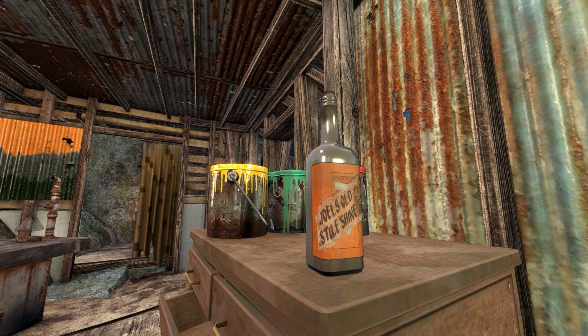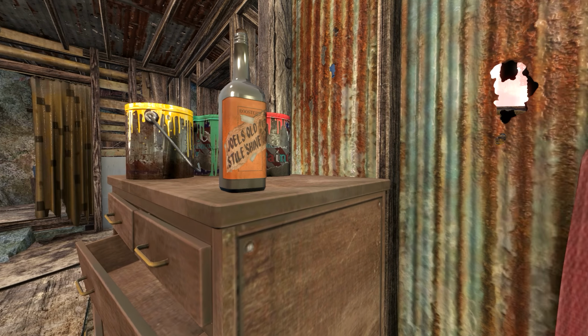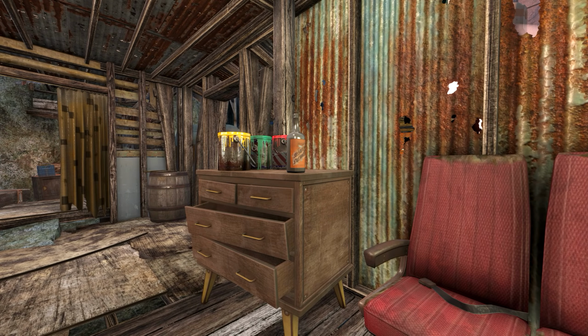His style is like misspelled. Yeah, Joel's. I don't care. I mean, the prisoners are making these labels with their own bare hands. How do they ship this out of there? Do I get a shipment of this? Probably smuggle something. Believe it or not, Joel, this is not the only place where Joel's old style shine is